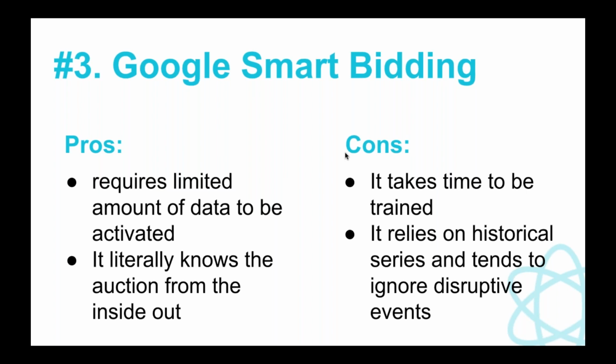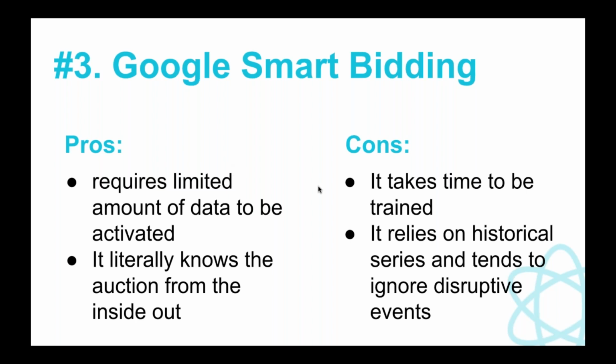The cons, that takes time to be trained, right? So machine learning is using algorithms that require data and time to be crunched, so to learn and to kick in with a positive effect. And another con, it does rely on historical series, so it tends to ignore disruptive events in the historical series. It's like running forward, but you're actually looking backward and you're trying to predict the future by looking backward. So it does work in most cases, but if there are dramatic changes in the historic series, obviously, that's